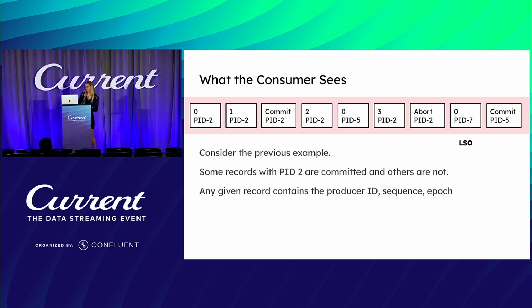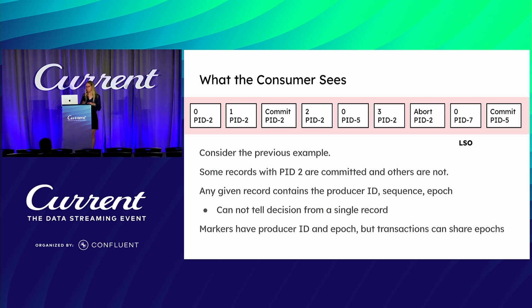So we have this producer ID, we have the sequence, and we have an epoch, but we can't actually tell the decision about the transaction from the record itself. And why is that? Even though we have this producer ID and epoch, transactions can share epochs. So what this means is that you can't uniquely identify a transaction with just the producer ID and epoch at this point in time. You could have one with producer ID 2 and epoch 0 that commits and one that